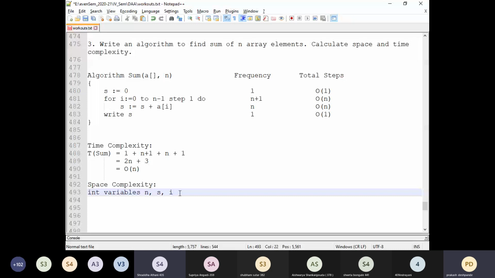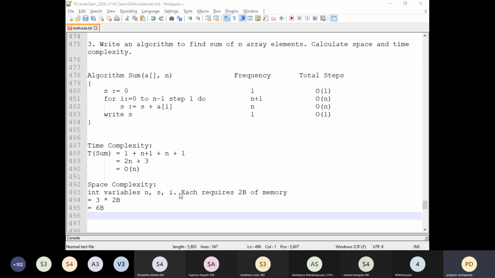No. So the integer variables n, s, I each require 2 bytes of memory. So in total it is 3 into 2 bytes, which gives us a total of 6 bytes of memory.